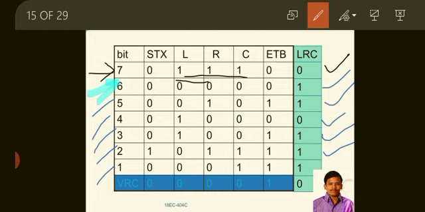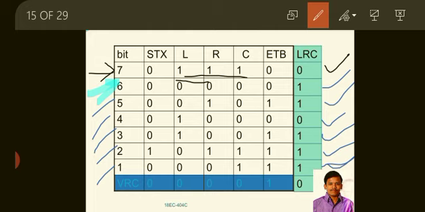The second bit, 1 0 1 1 1, has four ones, so to make it odd parity 1 is added. The last one, the first bit, has two ones, so to make it odd we add 1. Therefore the extra bits added in the LRC method, from LSB, are 0 1 1 0 1, obtained by using odd parity for each character.